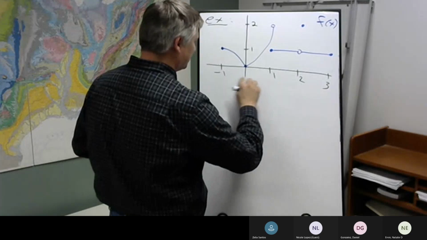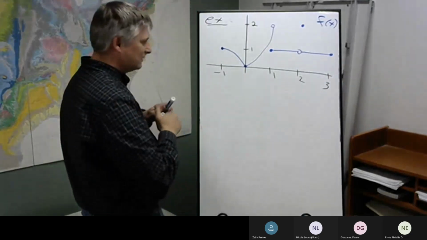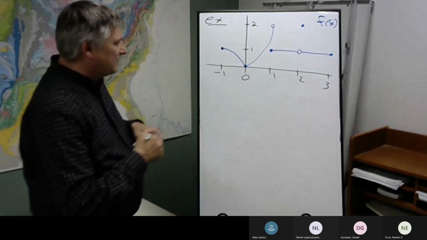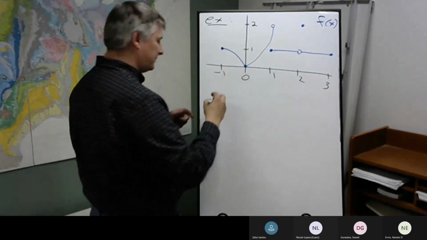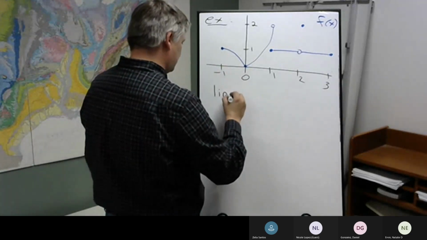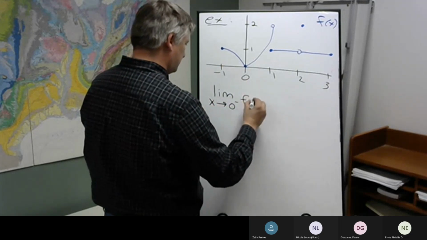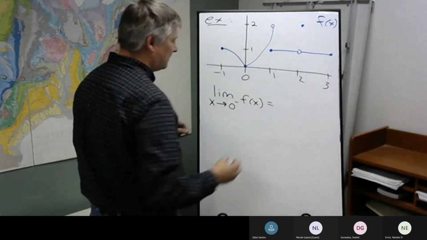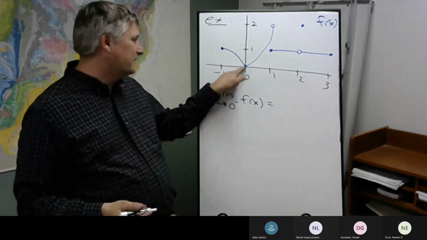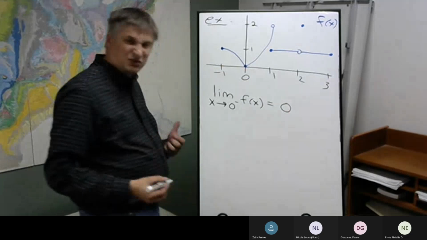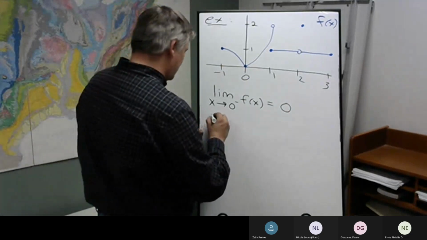Little dot there for 0. Now, if we approach 0 from the left, well, our function's decreasing until it hits that x-axis. So the function value is 0. Now the limit